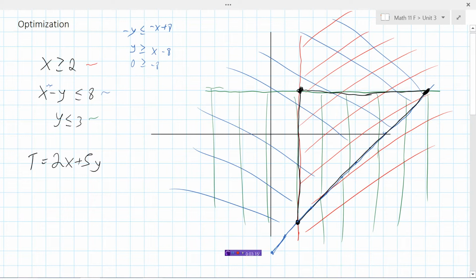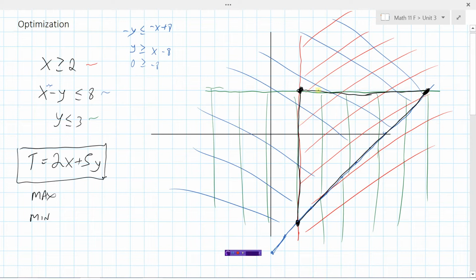So this model here, t equals 2x plus 5y. If I wanted to find the maximum, so the x and y values that would make t as big as possible, or to find the values that would make t as small as possible, out of all of these points in this area here, it turns out that the maximum and the minimums will always occur right on these corner